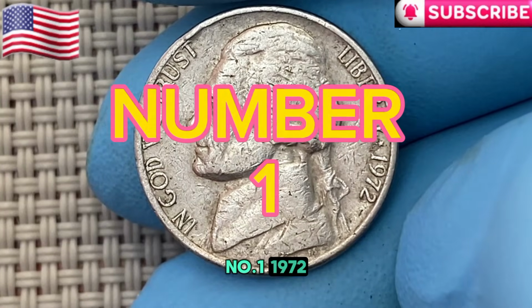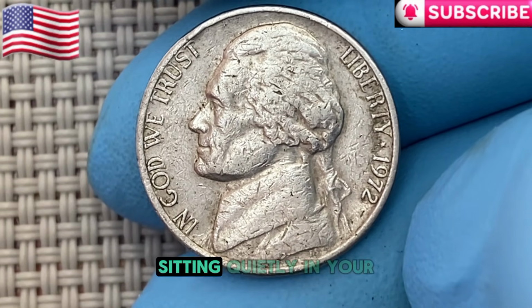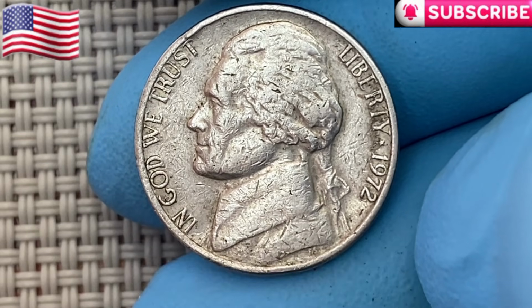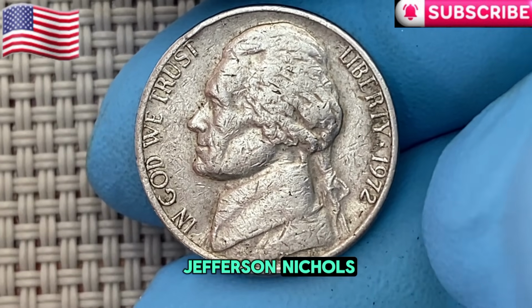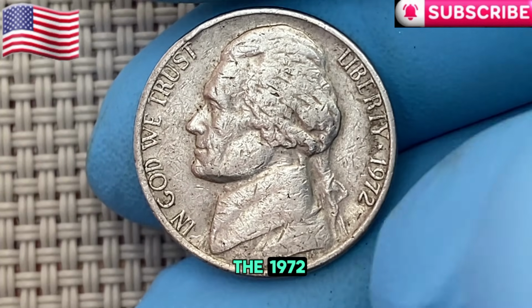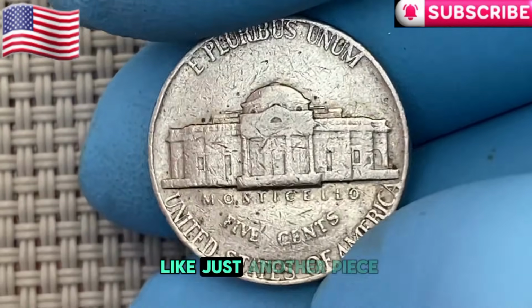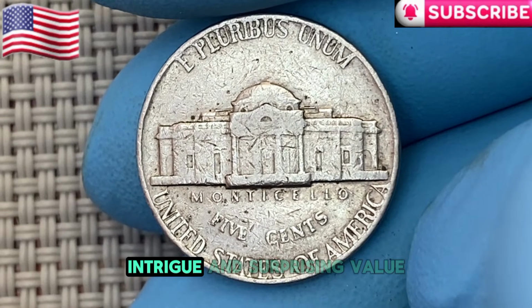Number 1. 1972 Rare Jefferson Nickel. Did you know that some coins sitting quietly in your collection could be worth more than you ever imagined? Today, we're diving into the fascinating world of Jefferson nickels, with a spotlight on the 1972 Monticello Jefferson nickel. This coin might look like just another piece of change, but its story is one of rarity, intrigue, and surprising